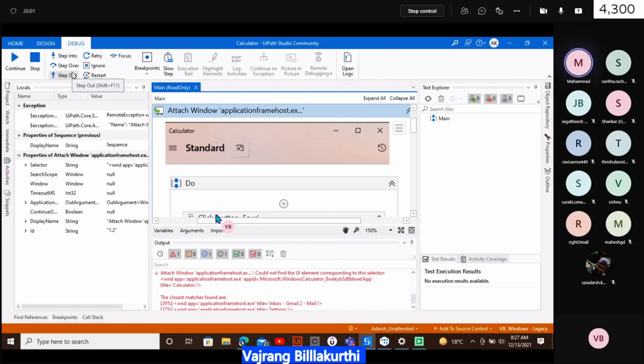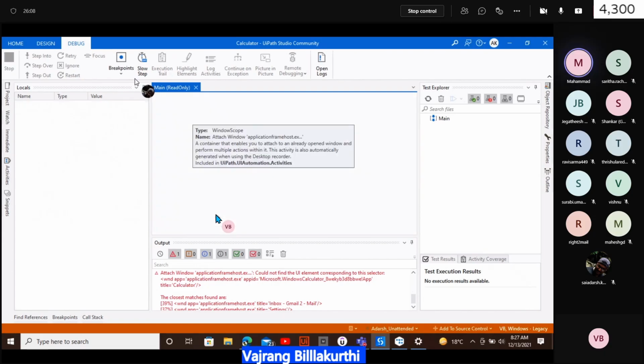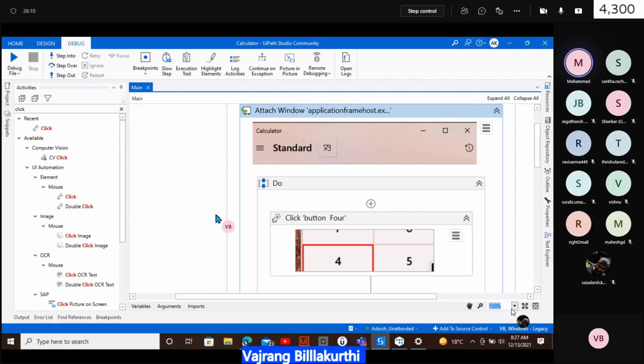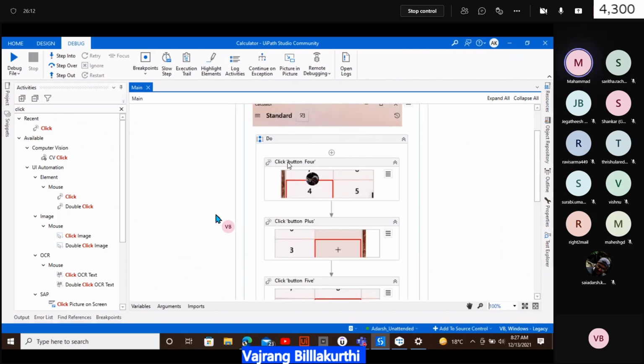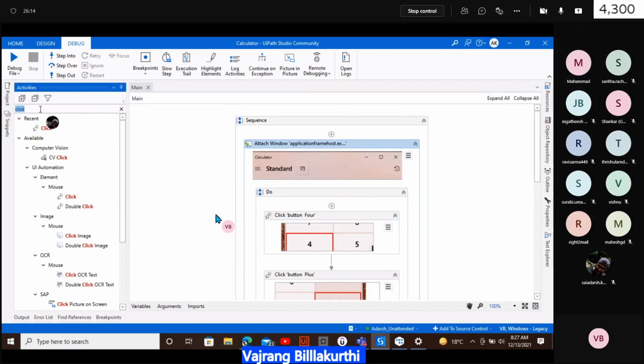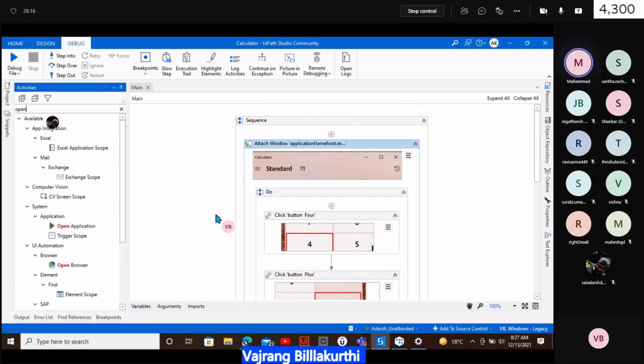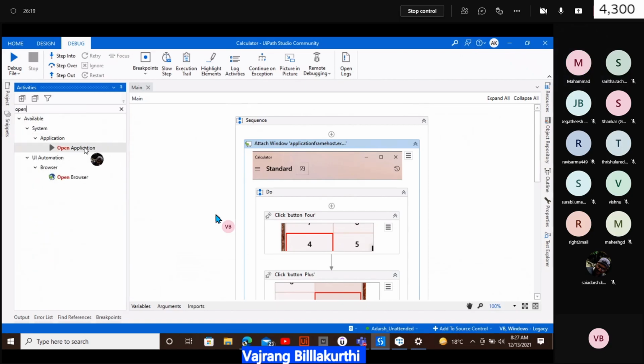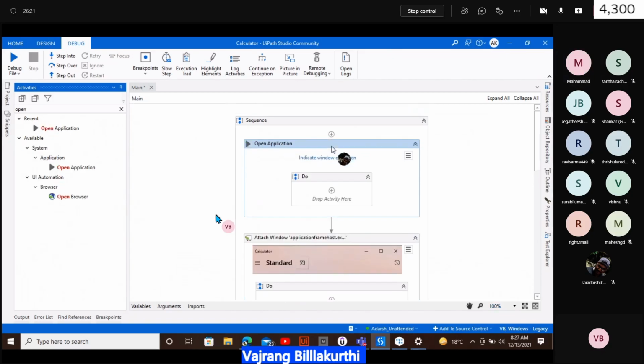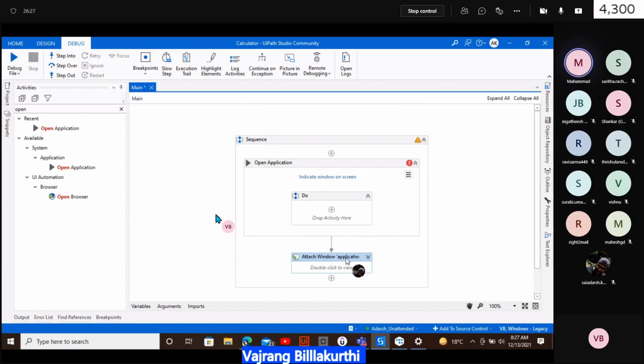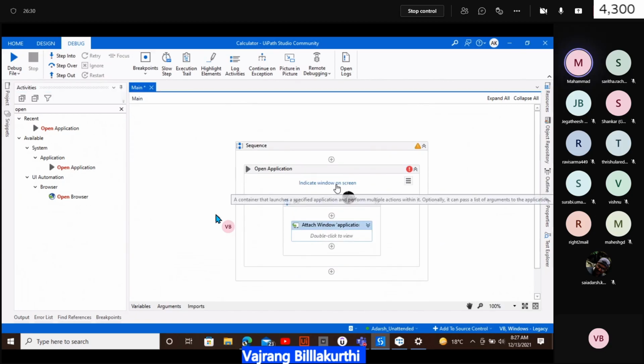Now let's stop and add open browser, open application activity as well. Attached browser should not be inside open application.